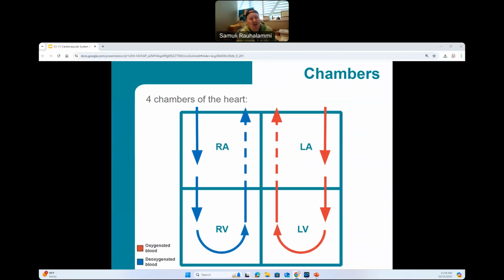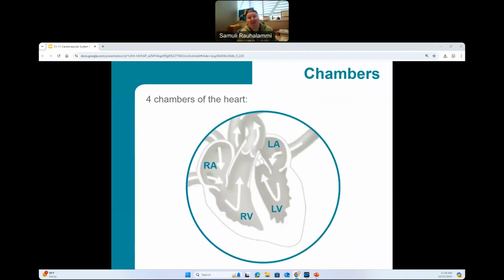So we've seen our heart chambers, the right atria, right ventricle, left atria, and left ventricle. And we've even seen the blood flow through these chambers in this kind of box diagram that we've used. But we can make it a little bit more, I would say, anatomically accurate. So let's do that on our next diagram. We're seeing exactly the same arrangement. We're seeing the right atria receiving the blood from superior and inferior vena cava, pumping the blood through a valve to the right ventricle, and then the right ventricle passing the blood to the pulmonary trunk through another valve.